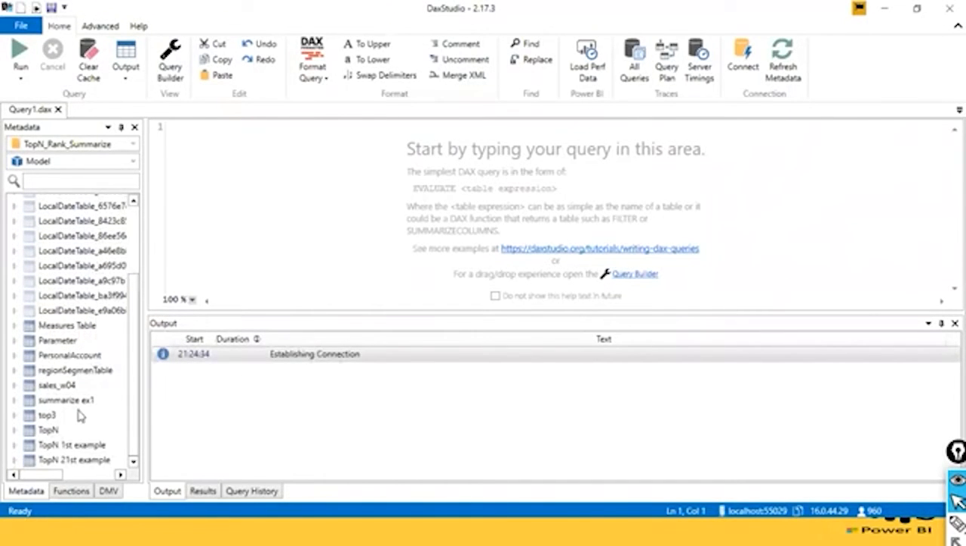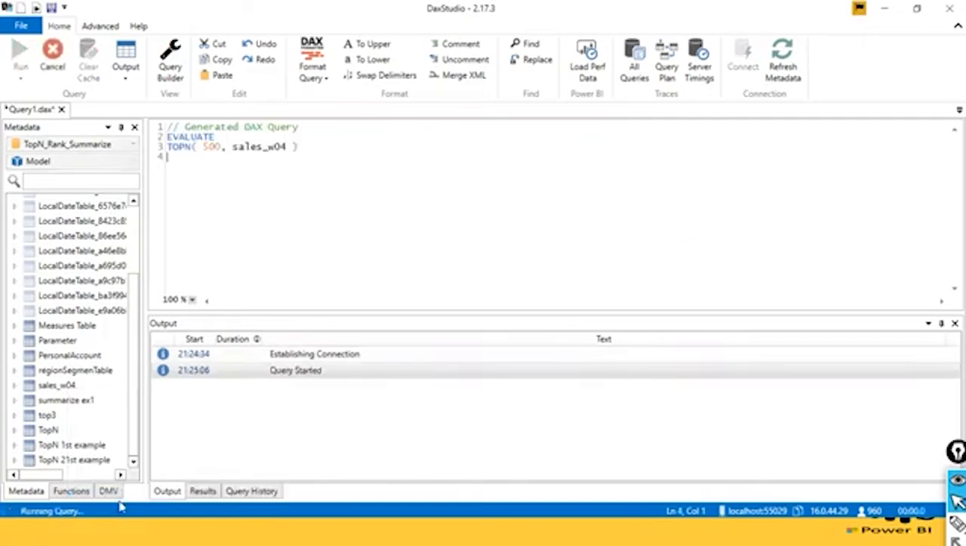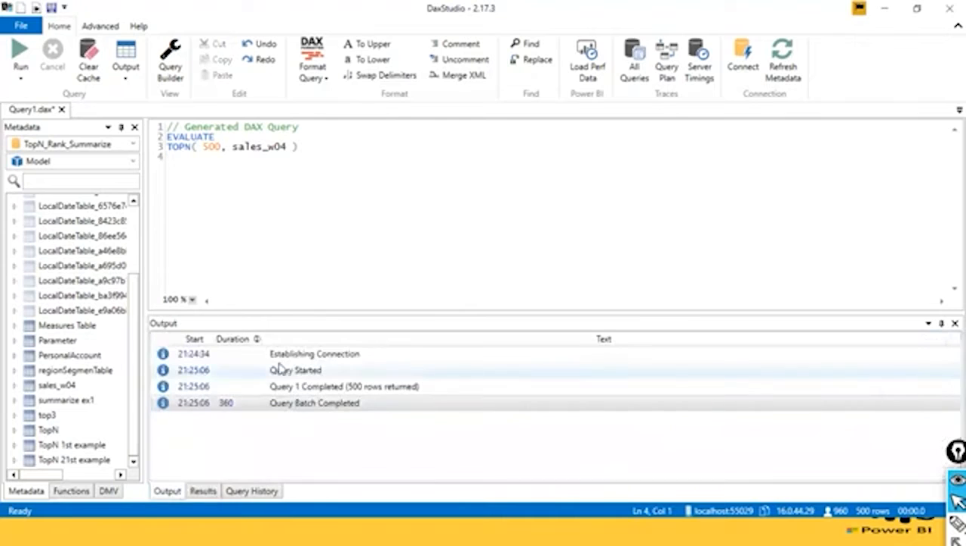And if you see here the sales W04, and if you right click on it and want to preview the data, you click on preview data. Look here, it shows all the data. It queries this one. Try to be familiar with DAX Studio also. The employers will be very much impressed if you say that you work with DAX Studio also. And you can see the results here and then the output, where you can see whether this query got executed